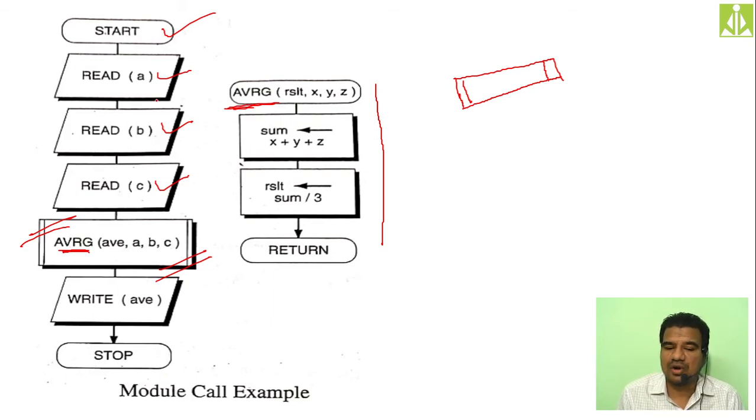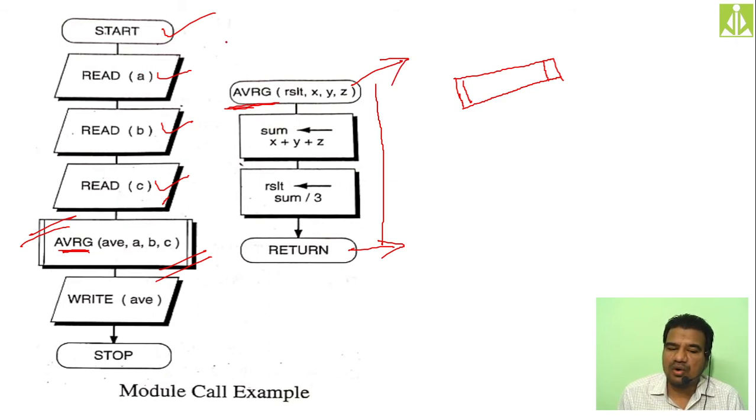And when you are checking the subflow chart of that module call, there will be no start symbol for that one. Instead, what we kept over here is the label and the same parameters we are passing over here. Then there will be no stop terminal for that sub flow chart. There will be a return. Why we kept return? Because this is not the end point. And why we did not put start over here? Because this is not the starting point.